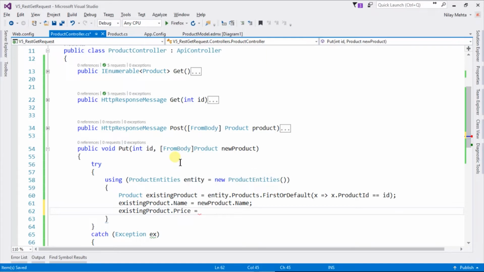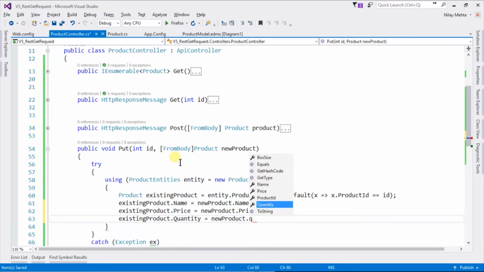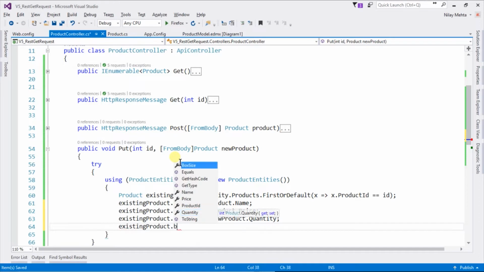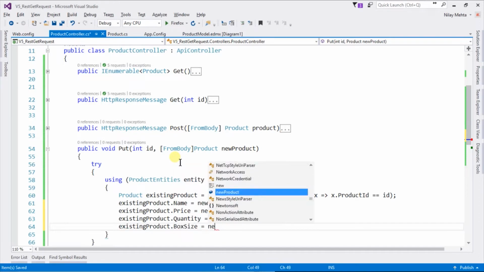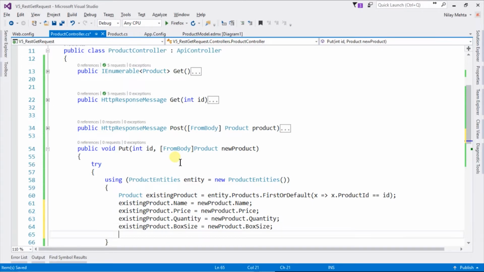Price equal to new product dot price, existing product dot quantity equal to new product dot quantity, existing product dot box size equal to new product dot box size, and we need to save the changes. entities.SaveChanges,